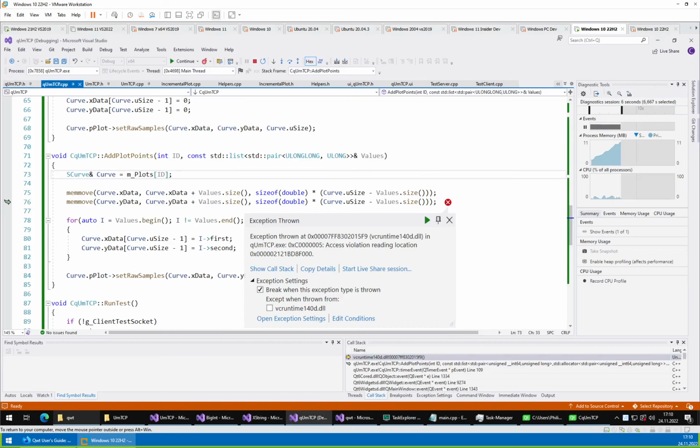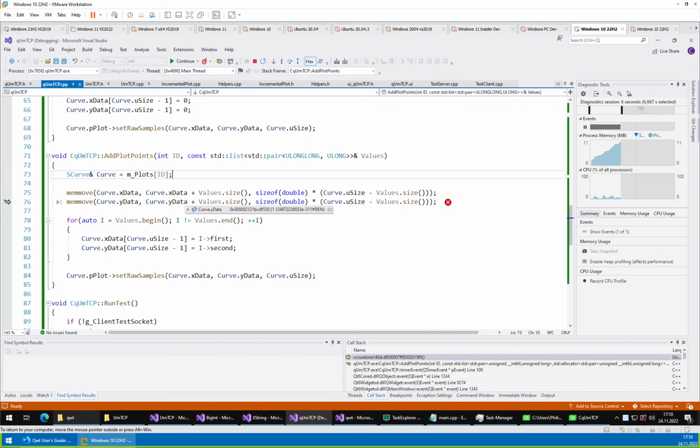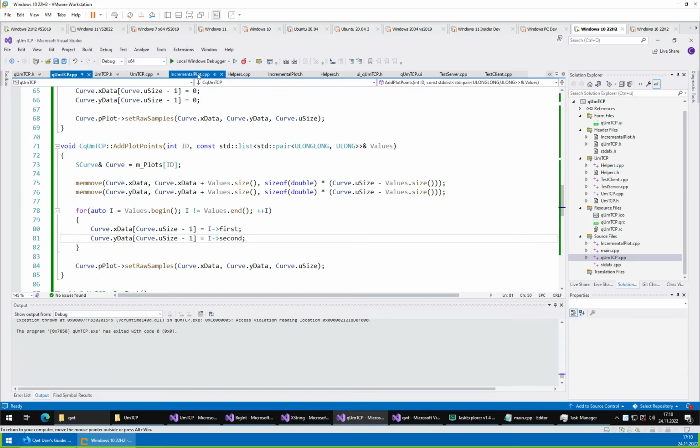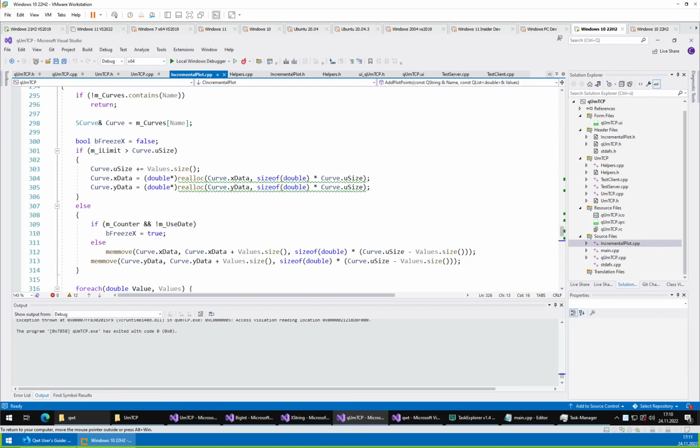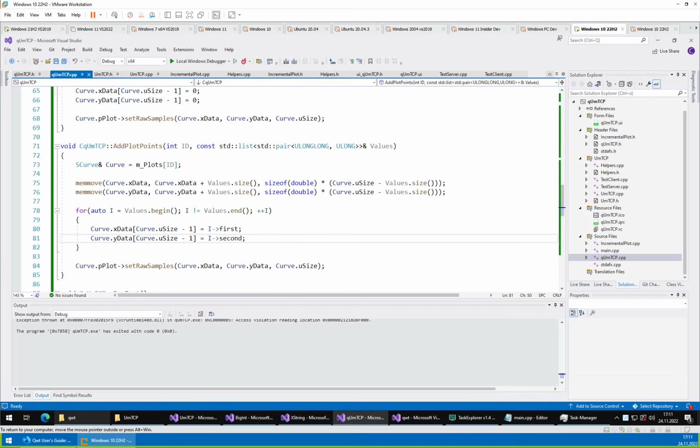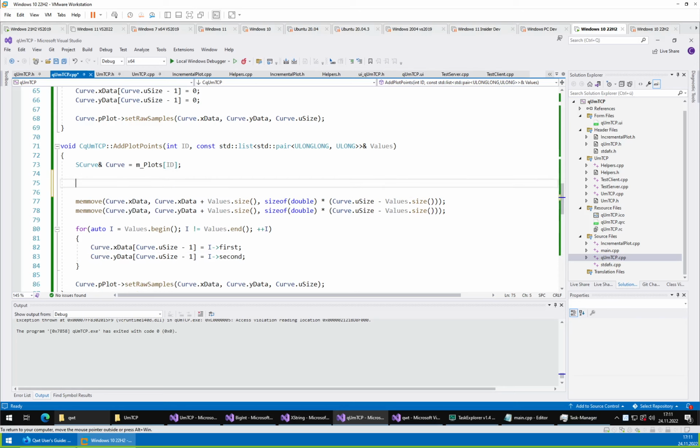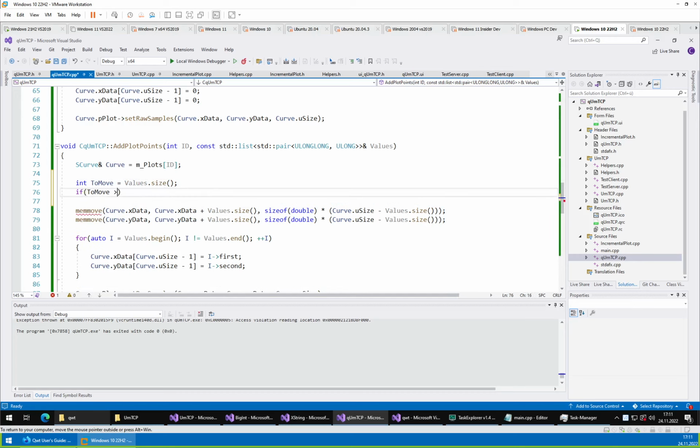Nope. Okay, something's broken, so let's see the data. Size value is 4. We removed too much code. Actually, the code would cause an error here as well. The thing is, we can only move as much as there already is. So int to move should be value size, but if int to move is more than